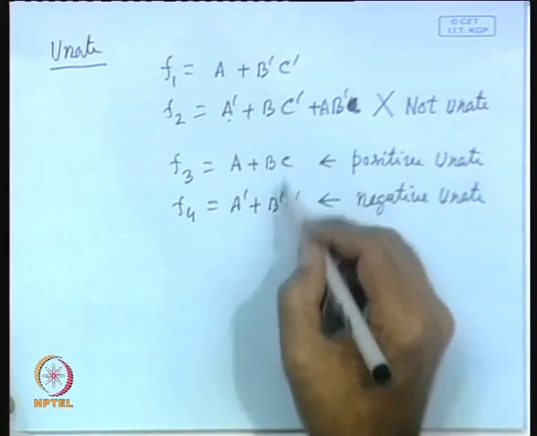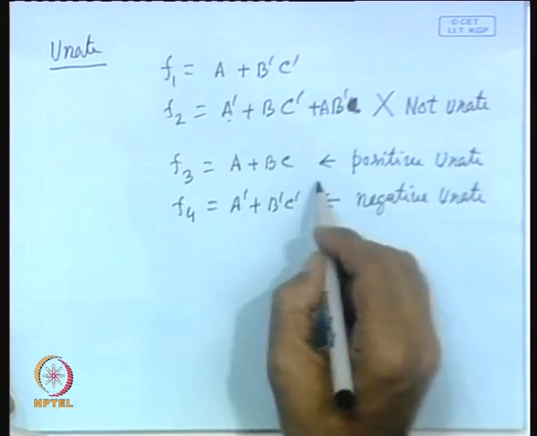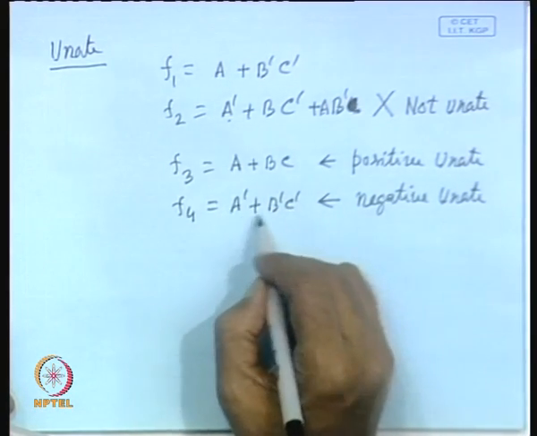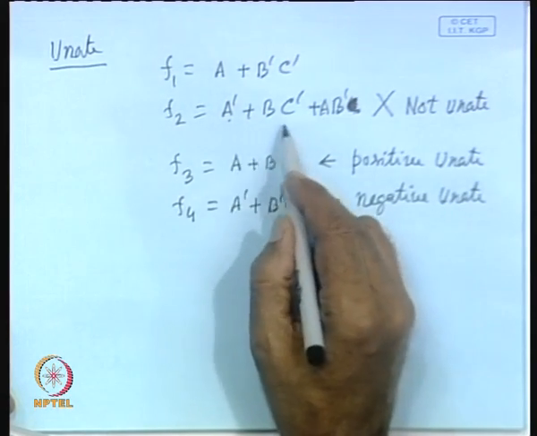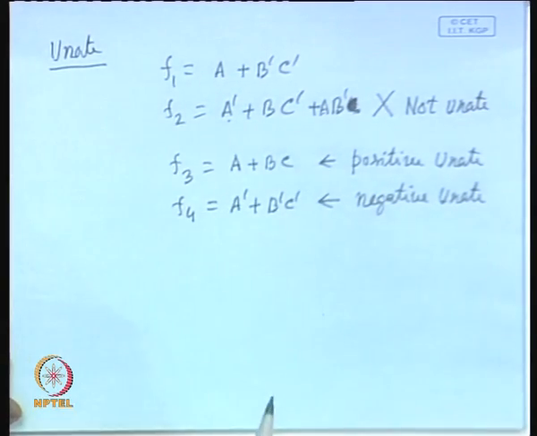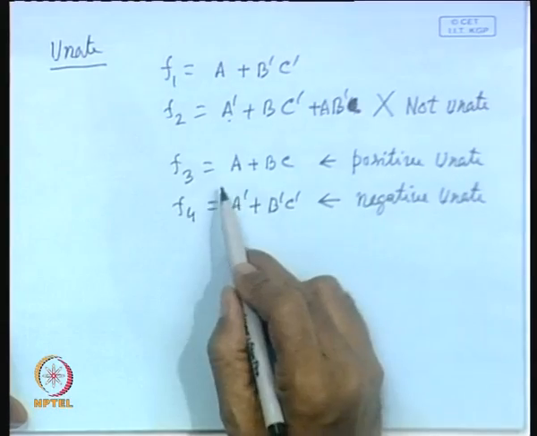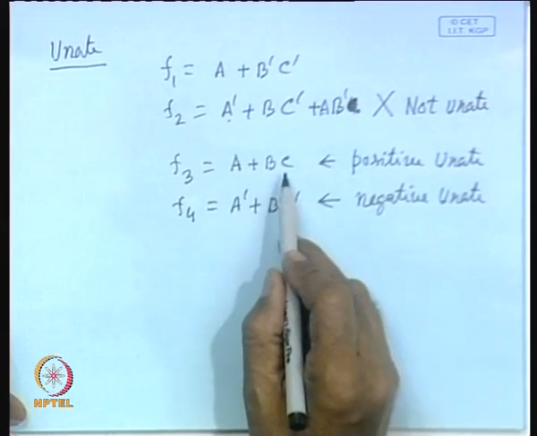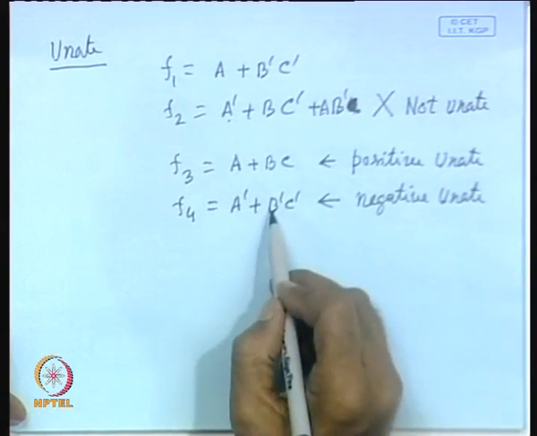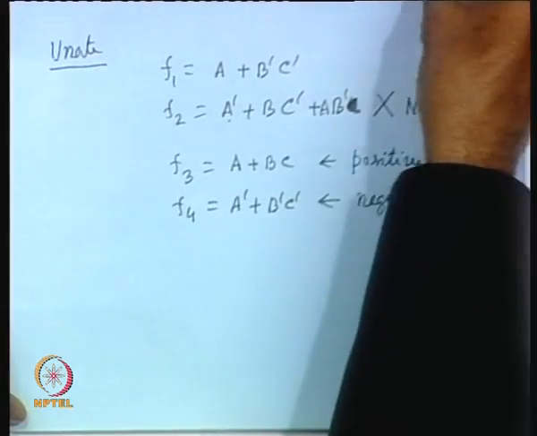And in fact, for unit functions there is no alternative, that means these representations are unique, that means the minimal sum of product form is unique. So, they are the canonical representation of the function. You can see here F3 where all the variables are in non complemented form and here all are in complemented form. Now, if you look at this